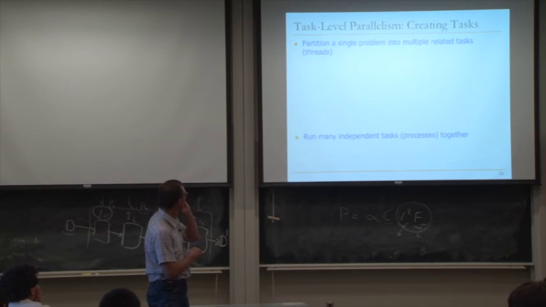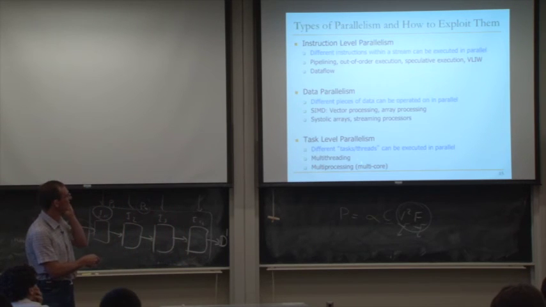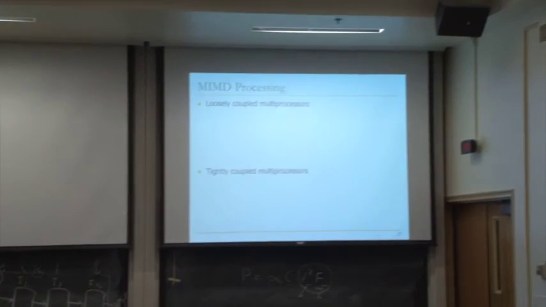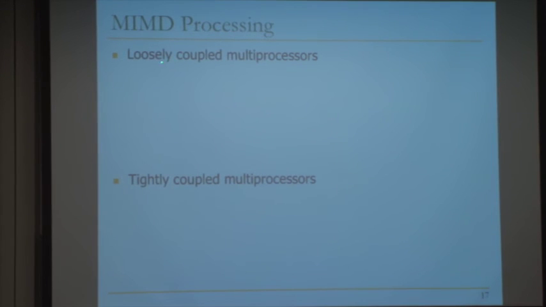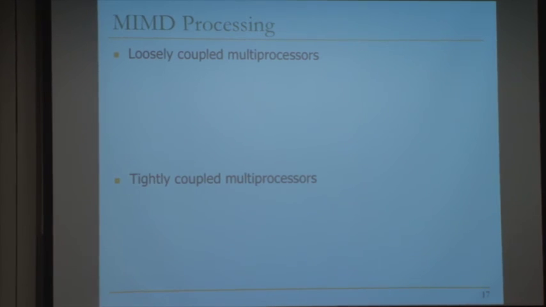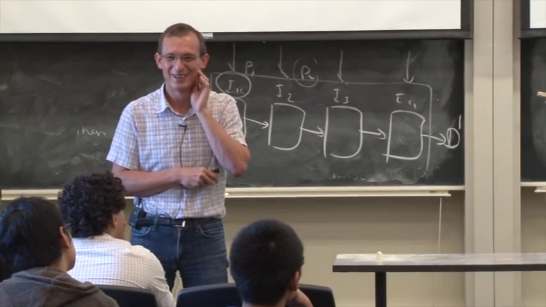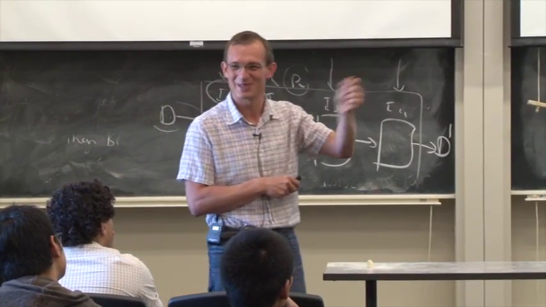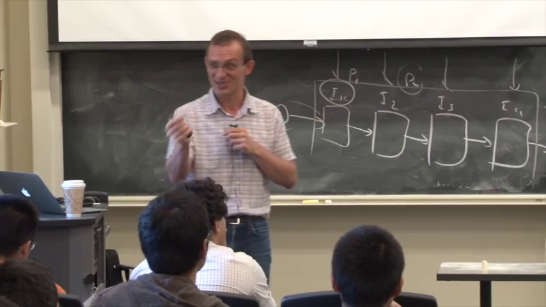Well, let's go to MIMD processing. If you remember, MIMD is multiple instruction, multiple data. It's essentially multi-threading and multiprocessing. There are two forms of it, which we will cover in a little bit of detail. The hardware that's designed to do multiple instruction, multiple data, multiple processors, can be loosely coupled or tightly coupled. Do you guys remember what these were? This was a 447 exam question, I think. What's the key distinction between a loosely coupled multiprocessor and a tightly coupled one? Whether the processors share memory.